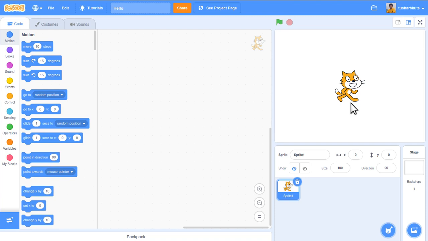So this is your character which you control with the help of the program. Now its properties are shown and visible at the base of it. You can just check it out, this part. Its name is given here, sprite1. It's important to have a name because this name we will be using in the program.